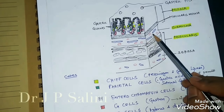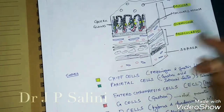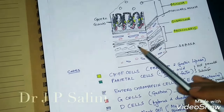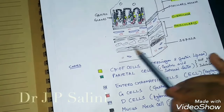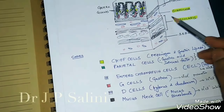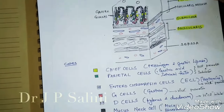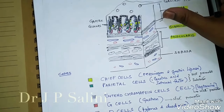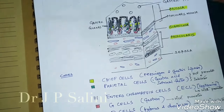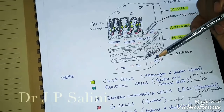Now the submucosa contains arteries and veins, capillaries and all that supplies. The muscularis is further divided into 3, but for the meantime it's simply written broadly as muscularis. Now let us look deeply at the gastric glands, which is what we are about to discuss here. The gastric glands have gastric pits, like we mentioned,